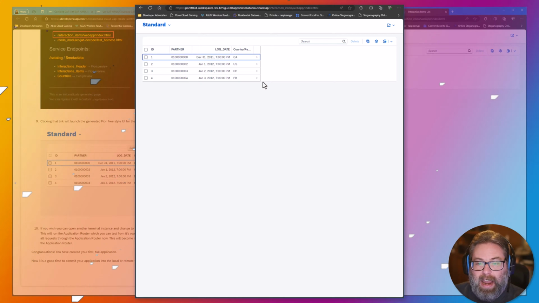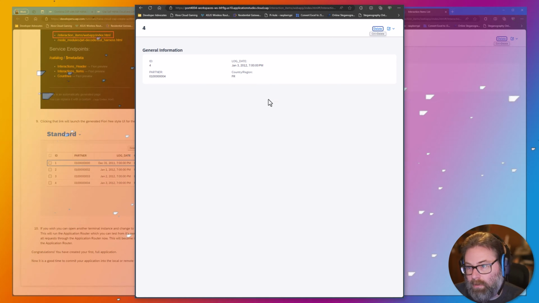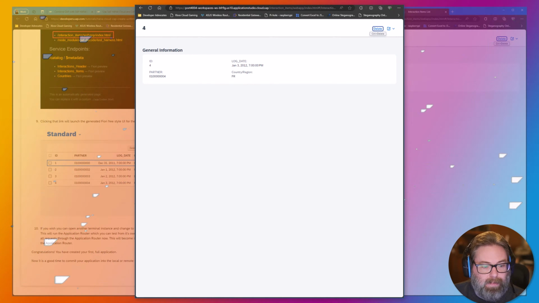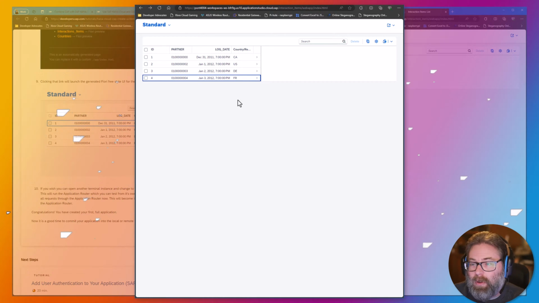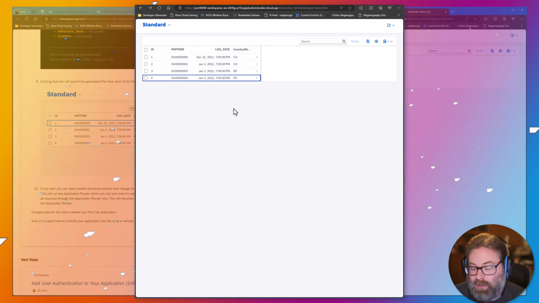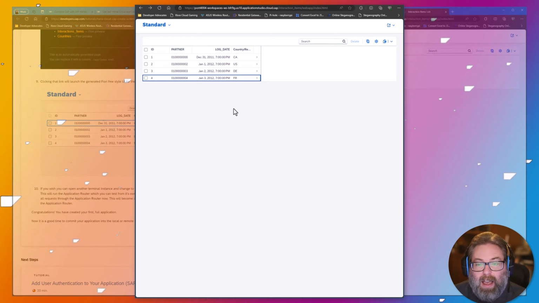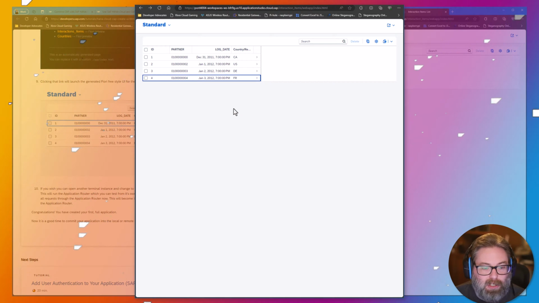There's the initial page that lists our 4 header records, and I can click on any of these header records, and it's going to take me to a detailed page that's going to show you more details about it. Pretty basic. At this point, we could certainly go in and tweak the Fiori UI by changing annotations, but that's good enough to get us started and show us the mechanics of what we're running here.